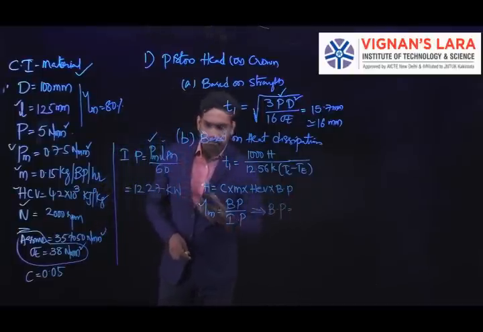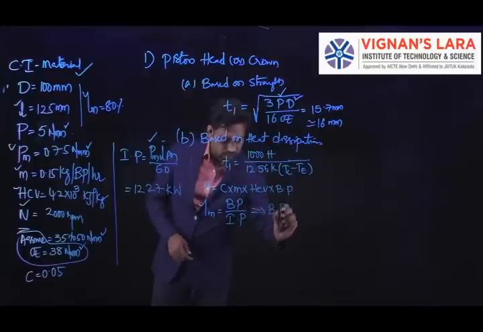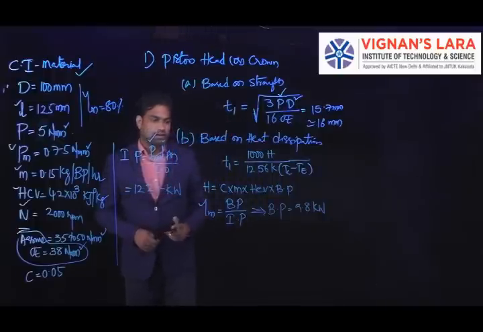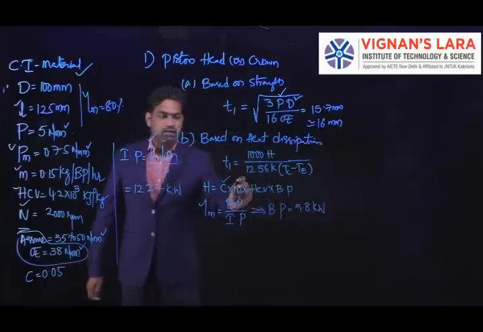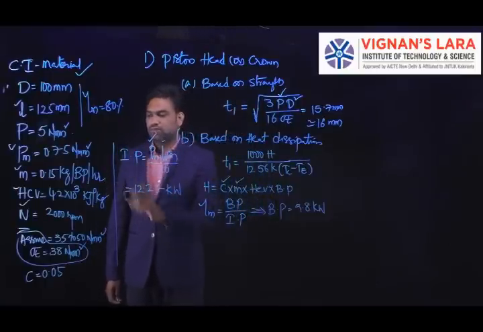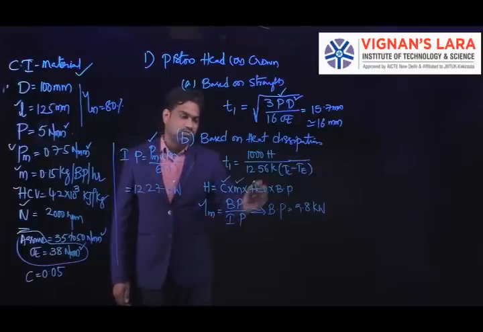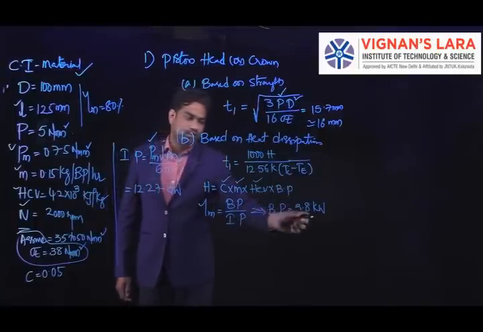Using that I can calculate brake power. Brake power equals IP, that is 12.27 kilowatts, times mechanical efficiency of 80%, 0.8. The value is given by 9.8 kilowatts. That is the brake power you can calculate. So by substituting all the values, that is C 0.05 and m is the mass, you can substitute in terms of kg per BP per second. So that is divided by 3600. You can substitute, and HCV, so 42 into 10 cube, and BP is 9.8 kilowatts.